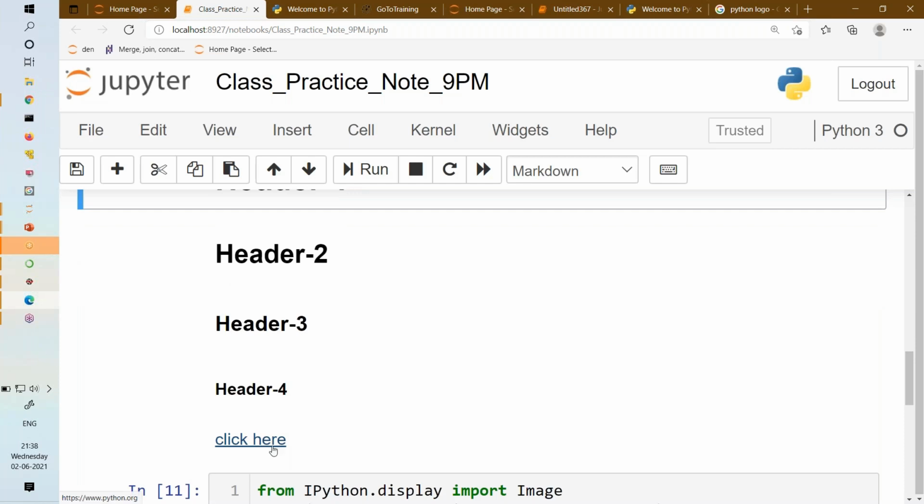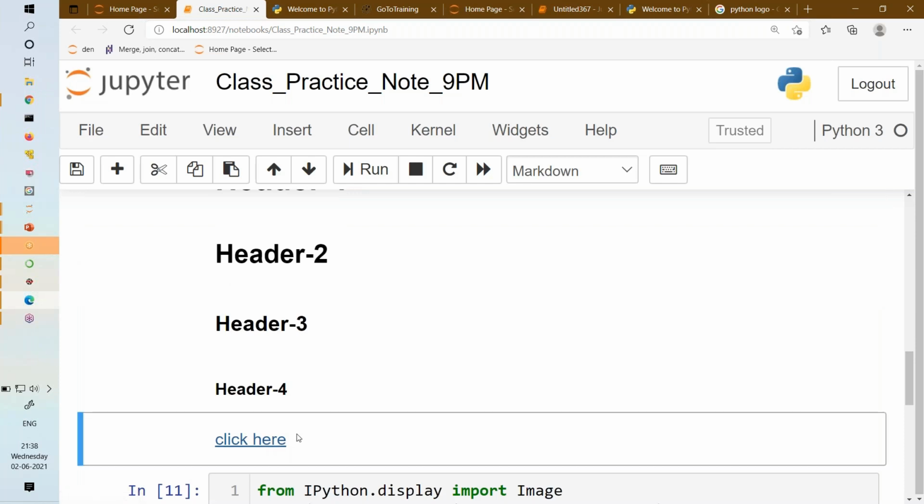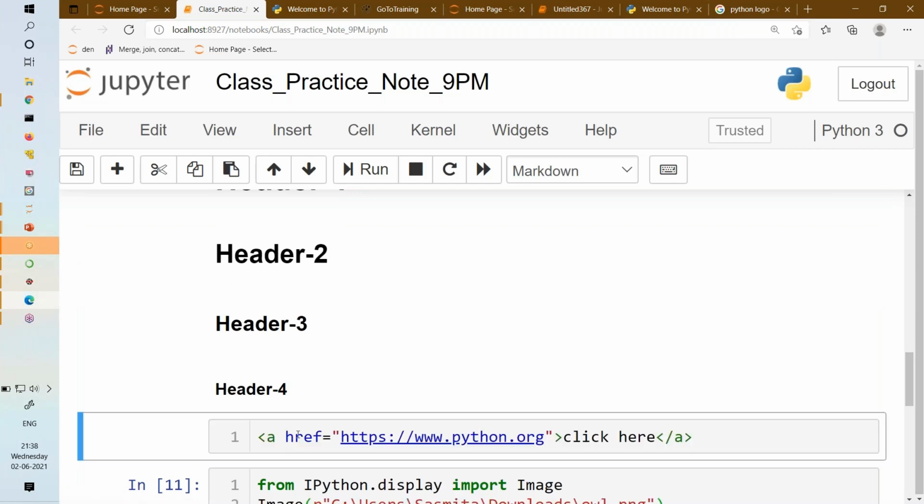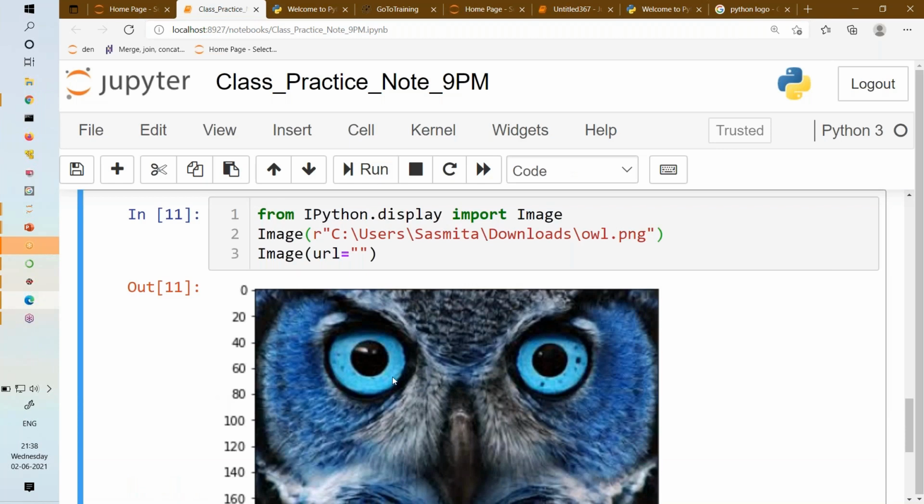After header, we discussed hyperlinks. Sorry, URL hyperlinks. So with href, within that you can write the complete link, and you can write the text whatever you want to write, and then you can add your hyperlinks. How to add images? There is a function called the Image module. You can import this from display, and then simply write the path.